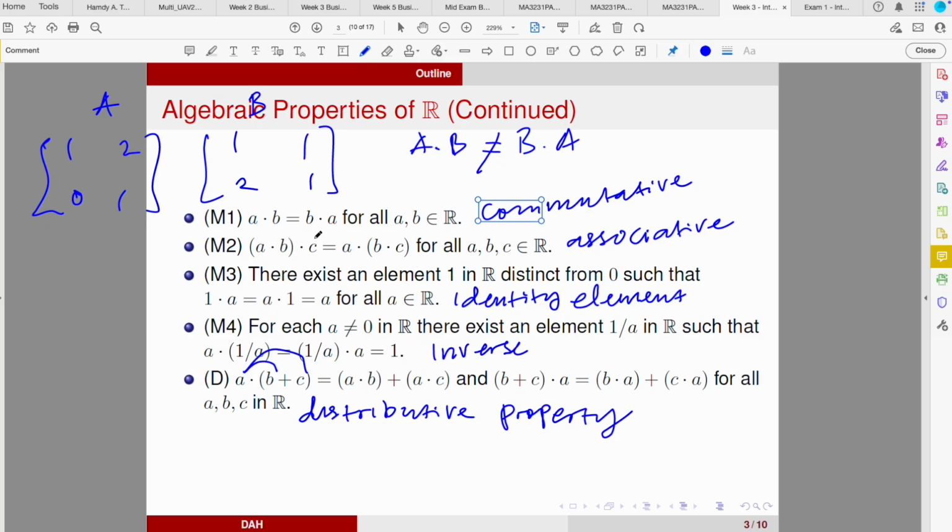What is the requirement so that the matrix has an inverse? First, the matrix must be a square matrix: 2 by 2, 3 by 3, 4 by 4, and so on. That's one. So a matrix that is not square cannot be inverted. You cannot find the inverse of a matrix that is not square.